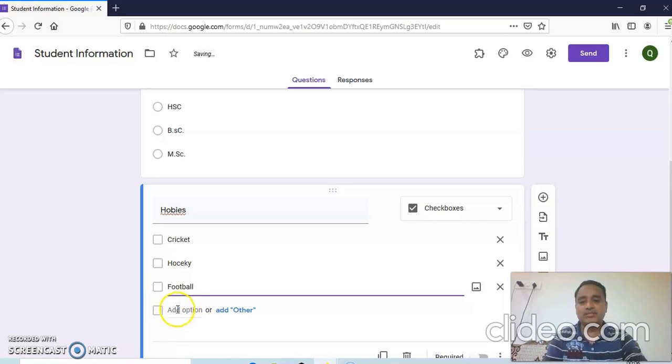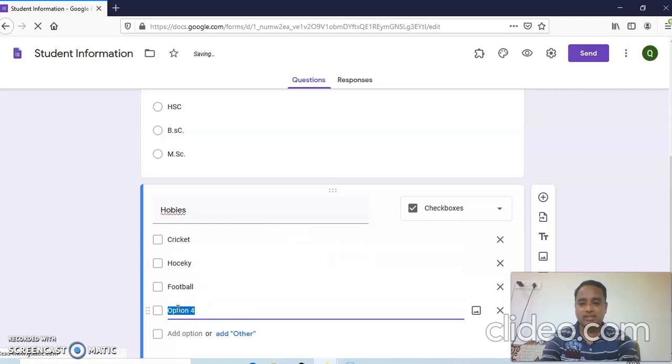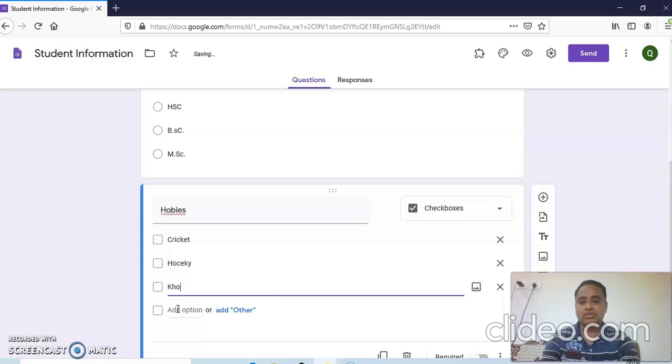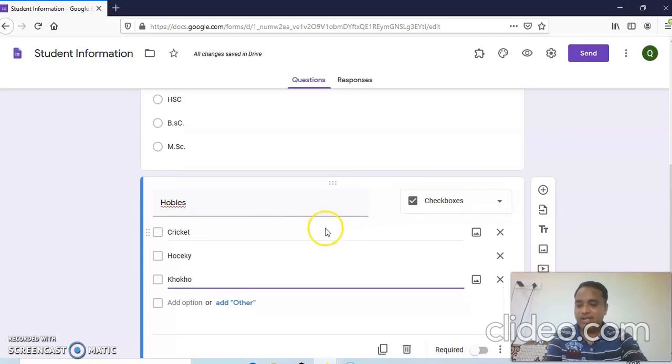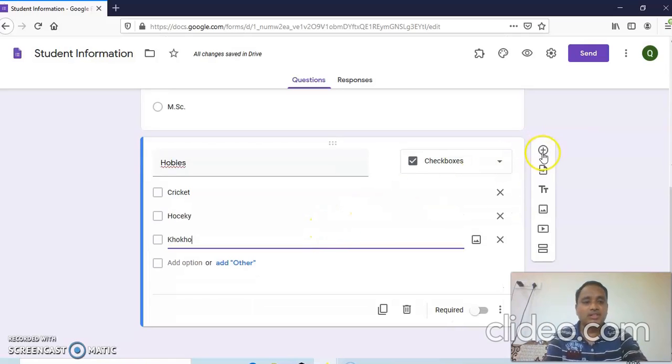Any hobby is there. So these are the three hobbies, or you can add volleyball or badminton, for example.